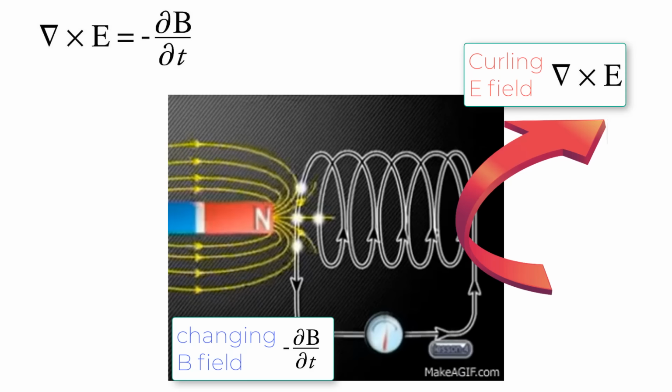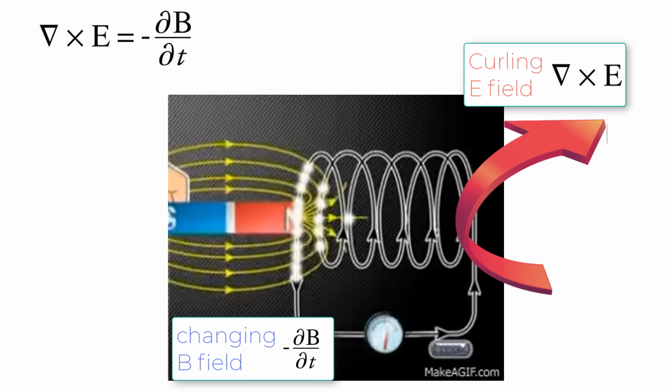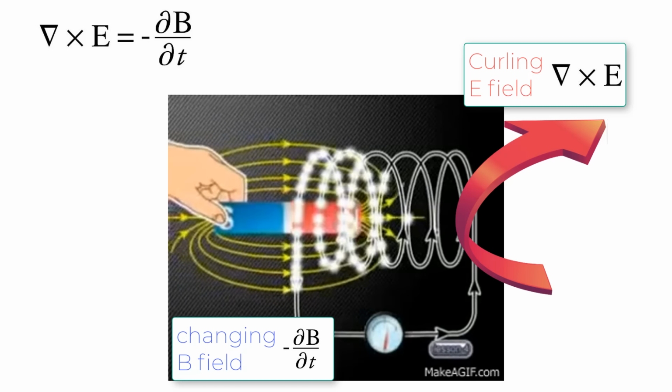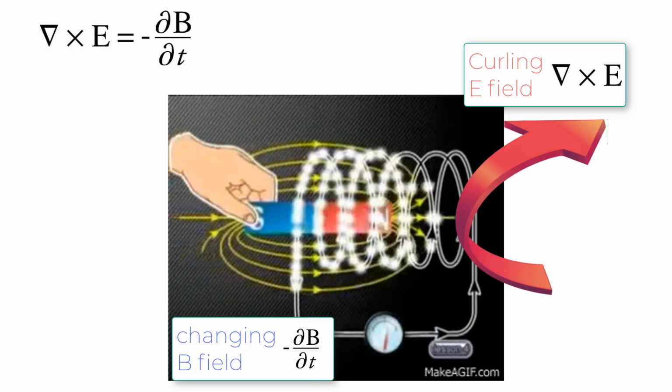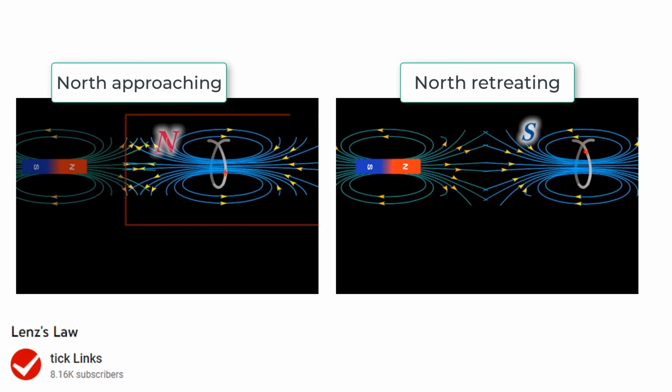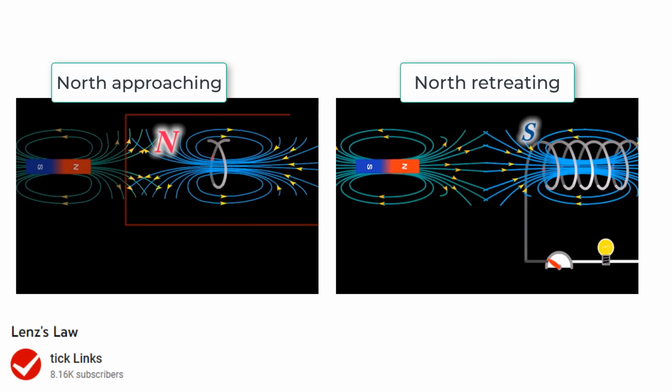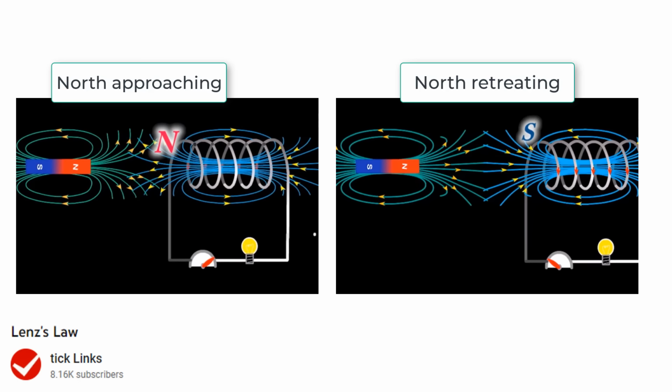This equation is saying that a changing magnetic field will create an electric field that curls around the changing magnetic field, just as Faraday experimentally discovered over 30 years earlier. Let me explain the negative sign. If the curling electric field is in a conductor, it will create its own circling current, which, according to Ampere's law, will make its own curling magnetic field. The negative sign means that the magnetic field from the current will push against the changing external magnetic field.